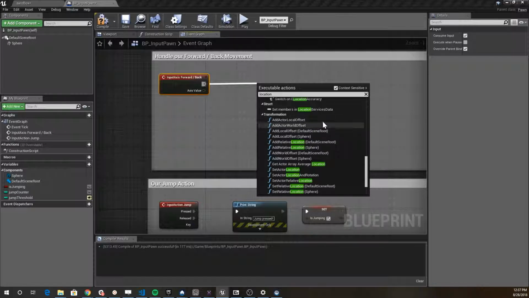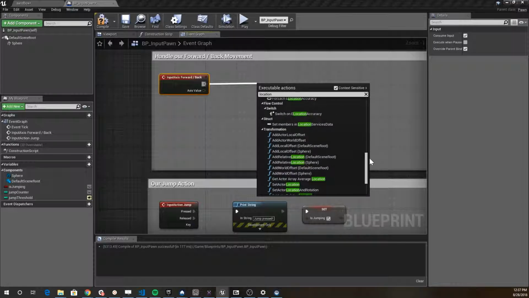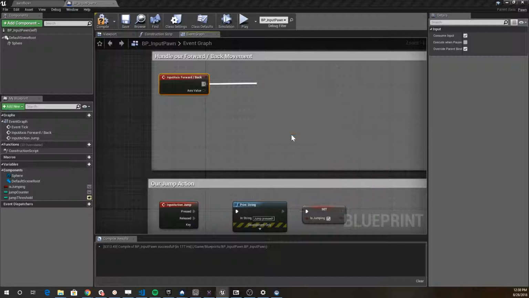Add actor local offset, add world offset, add local offset, set actor location, relative location. Oh, nice. Okay. So I think this first one is probably our best bet. Adds a delta to the location of its component in its local reference frame. So adds a change to the location. So if we select that,